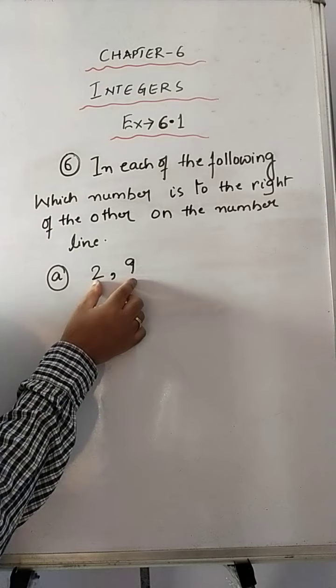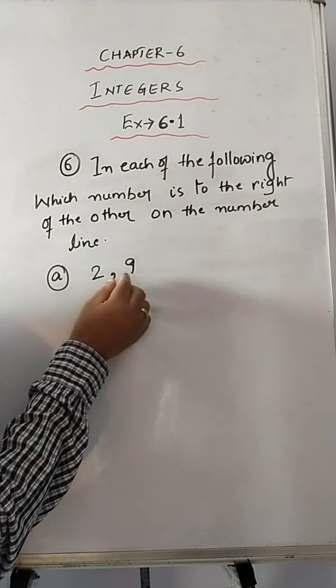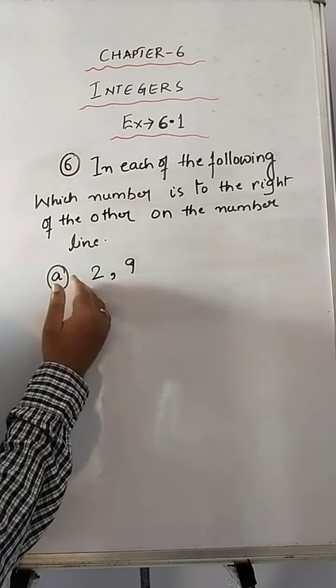Students, now in this session I will explain question number 6 and 7 of exercise 6.1, chapter Integers. Okay, now in question number 6, as you see, it is written: in each of the following, which number is to the right of the other on the number line. That means you have to say which number is on the right hand side compared to the other on